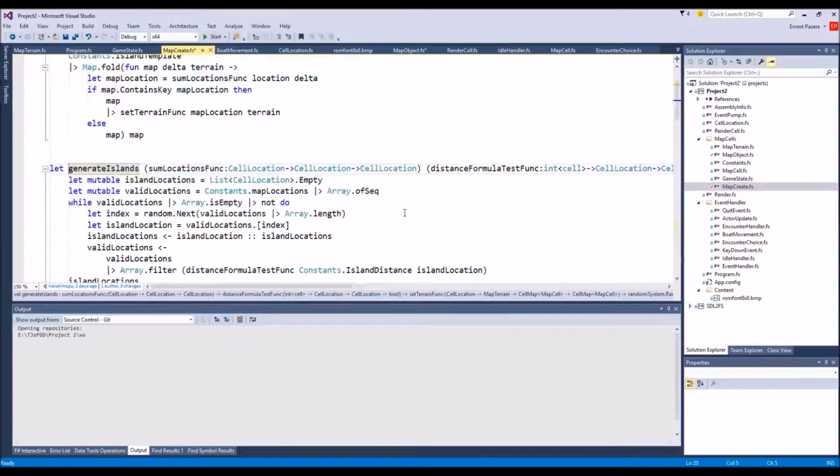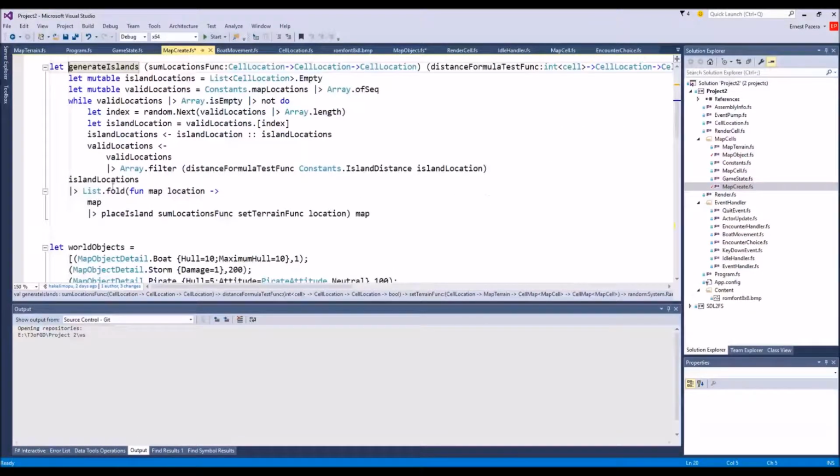Let's go to the definition. All right, so my island locations, I make a list of cell locations that are empty. I make valid locations. That's inefficient. Doesn't matter. Whatever. Okay, so valid locations. And for all the island locations, we